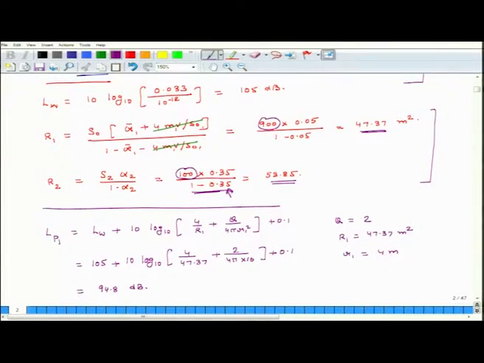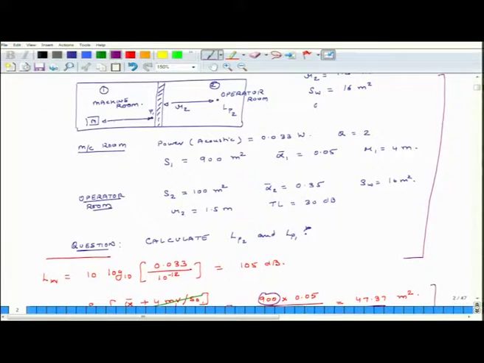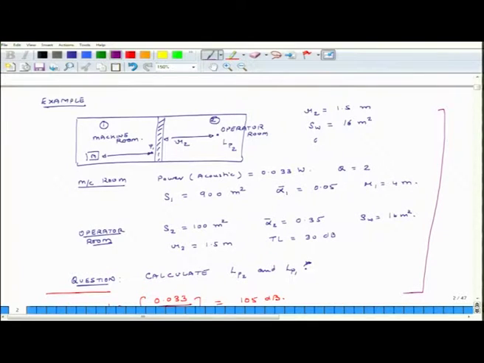Okay. So, what does that mean? That in the first room, in the machine room, if I am 4 meters away from the machine, then the sound pressure level will be about 94.8 decibels, and this is pretty high sound pressure level. If a person is exposed to this high sound pressure level for a sustained period of time, he will have